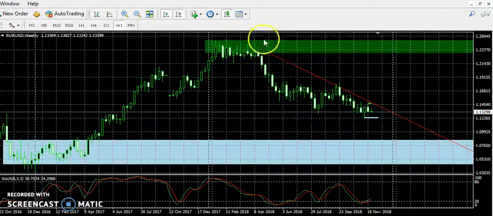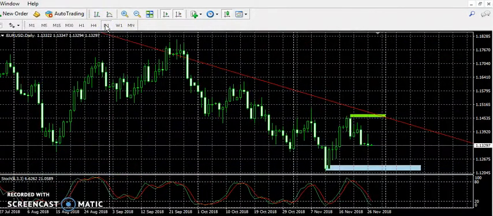We have our supply level here. We would have sold here. Now it's too late. It's more than 50% in the curve. Too late to get this here. However, price is still